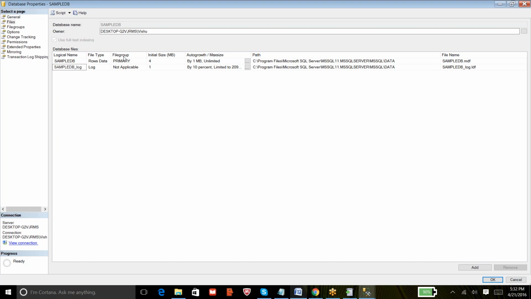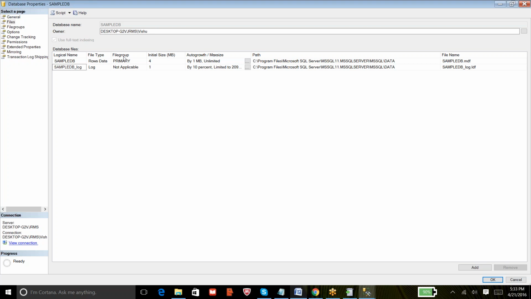And in those 10 NDF files, I am storing the data in such a way that all the students' information will be stored in one NDF file, all the employees' information in a second NDF file, and maybe all the orders information in a third NDF file. So it's nothing but just grouping.